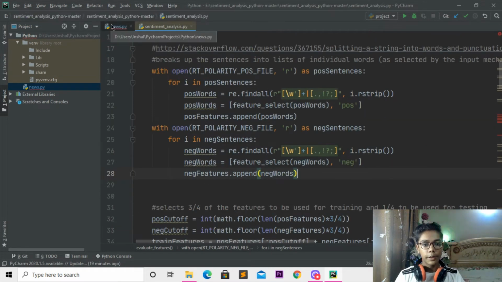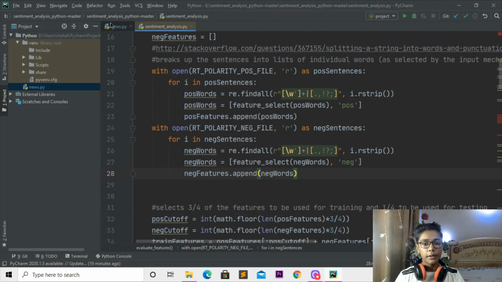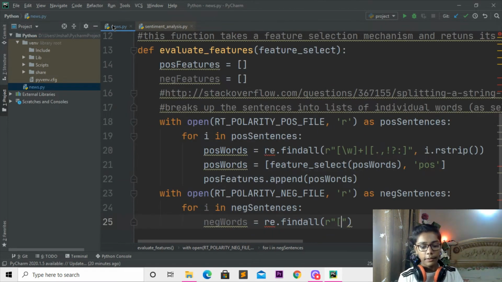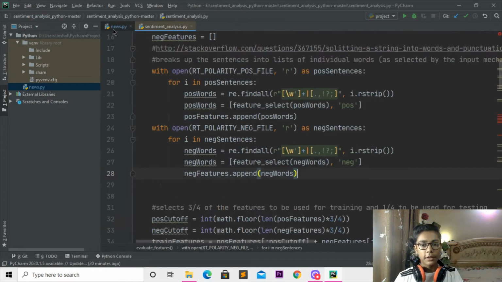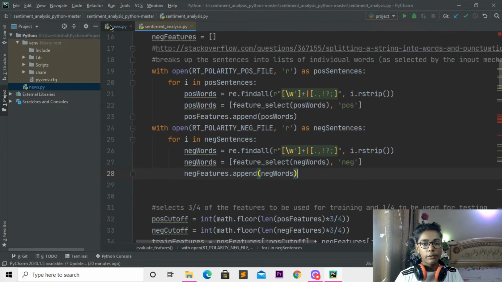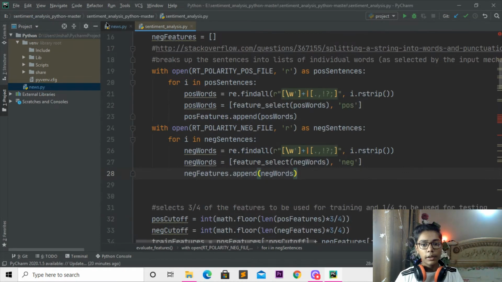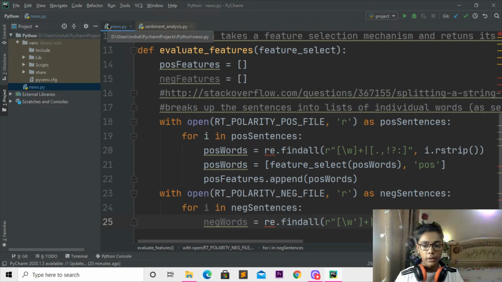then I will be moving forward and writing re.findall, then I'll be making this bracket, then you have to write r, and then I'll be making this again. Then I will be writing the same thing as I've written here, and you can see it is written backslash w, one string, then you have to close that here. So when you've done with that, you have to write the plus sign, and here you have to move, then write dot and comma, then this mark and question mark semicolon, and close that here,